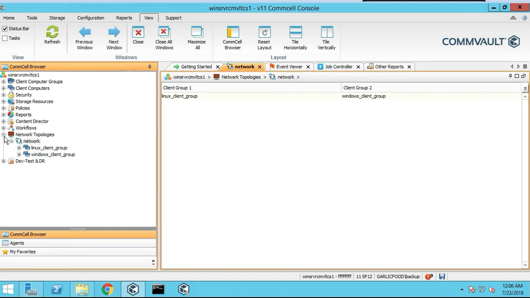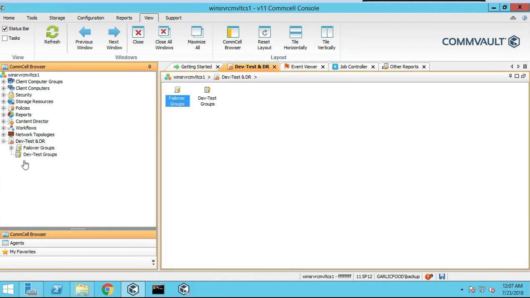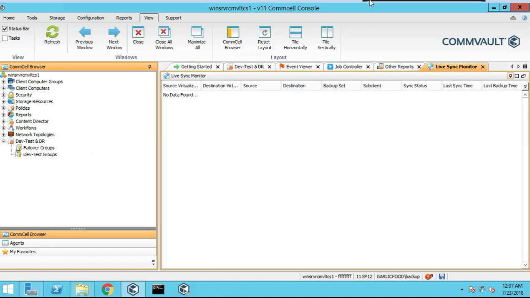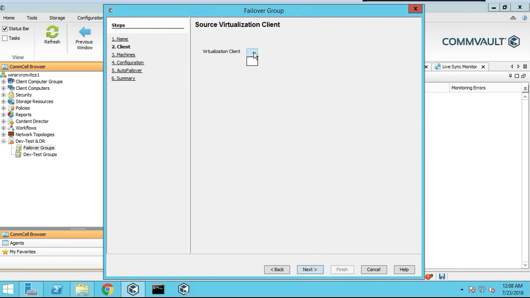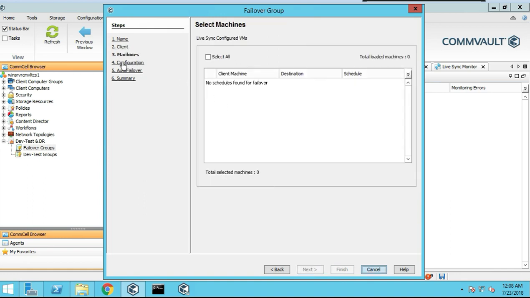The next one is the dev test and DR. This is mostly for those CommVault CommServers that have VMware installed on, or are backing up with a VSA agent in any regard. So you have live sync monitor, you have failover groups, and then you have dev test group. So let's do new group. Let's do test here, test. Okay. Description. We'll go see virtualization client. You need at least one, right? It lets you next through, but